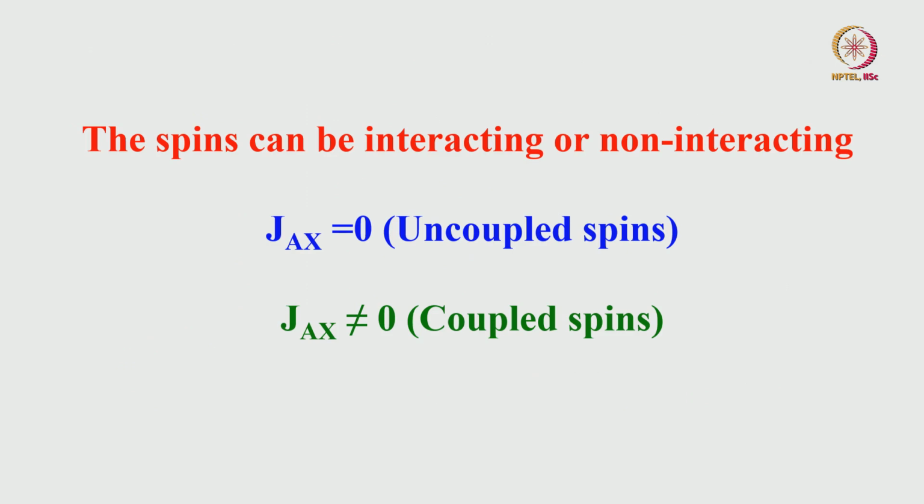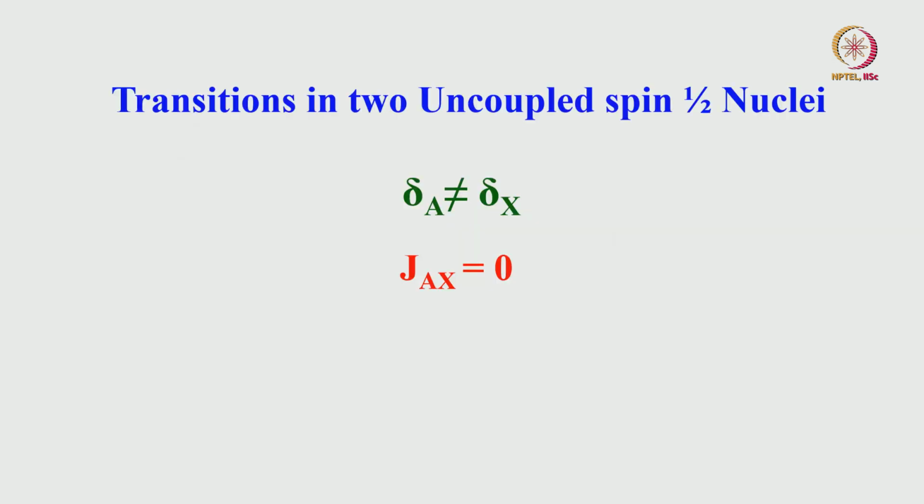The spins can be both interacting and non-interacting, that is what I said. Interacting means coupling is non-zero; when there is no interaction, coupling is 0. Still they can be coupled spins, but coupling can be 0, and if it is non-zero it is different. Of course, we call them uncoupled spins when the coupling is 0. Let us understand how we get the transitions into coupled spin of